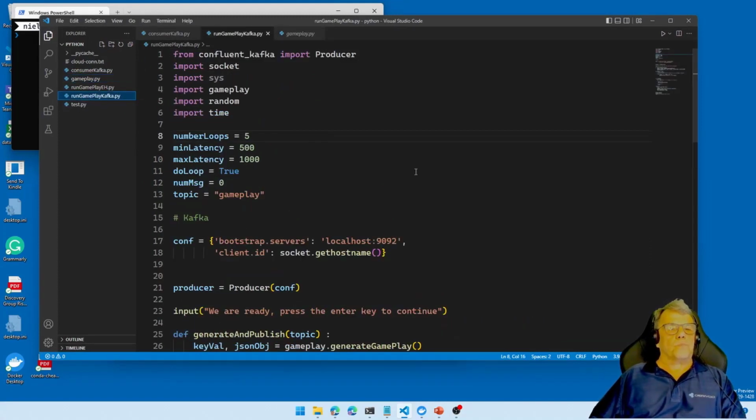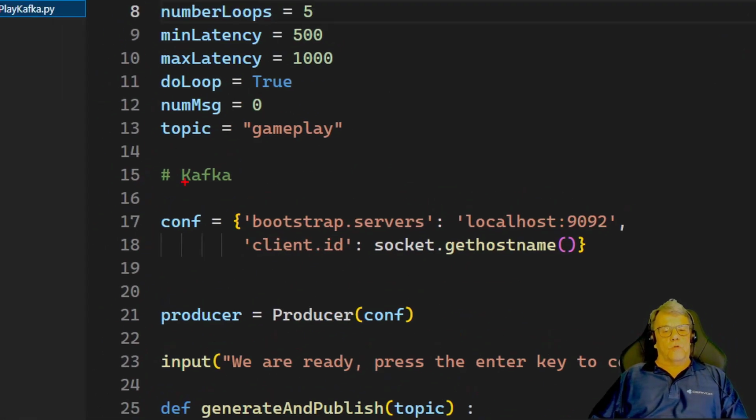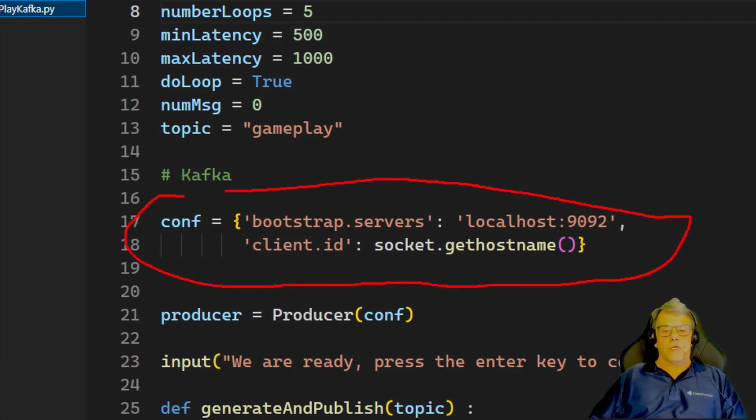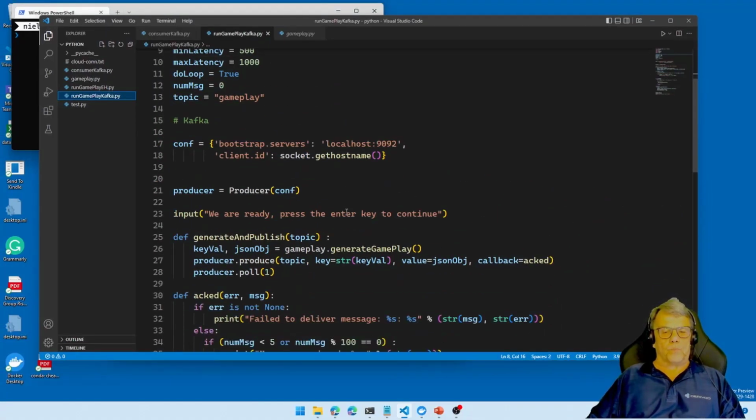So when we are running this, we can see some code where we are setting up a configuration variable where we are saying, where is my Kafka cluster? Bootstrap.servers indicates where my Kafka cluster is, and that is on localhost port 1992. And then I'm also sending in a client ID just for the fun of it.